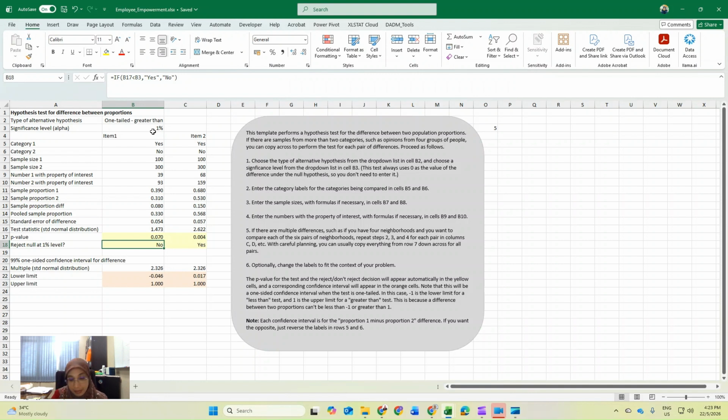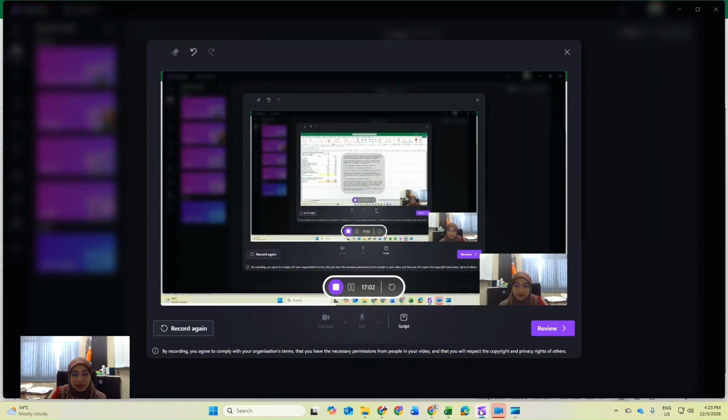But it depends on what level of significance. So this is how you can create the statistical test for hypothesis testing and also get the interval value here. Alright, that's all.